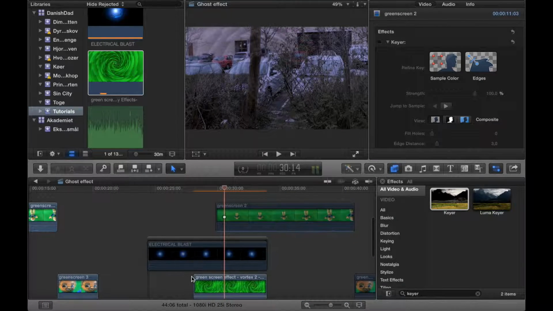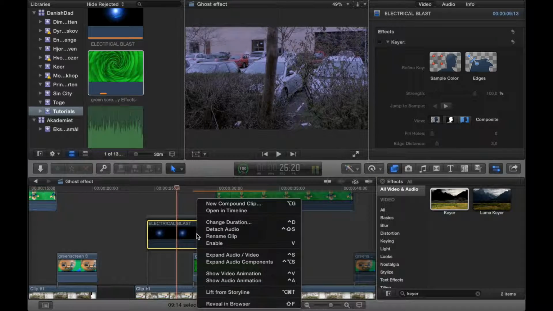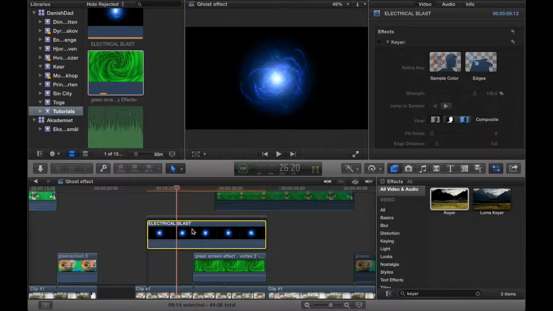The next thing that we need to place is our electrical thingy. And we need to drag it into the timeline, in this case enable it. And basically we'll just do the same thing that we just did with the green screen effect. We'll drag a keyer on top of it,